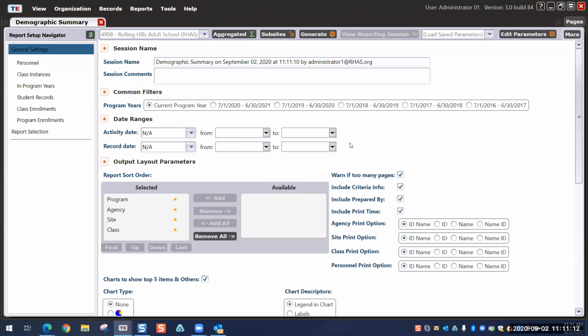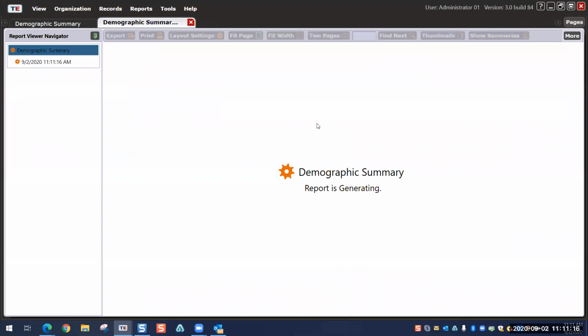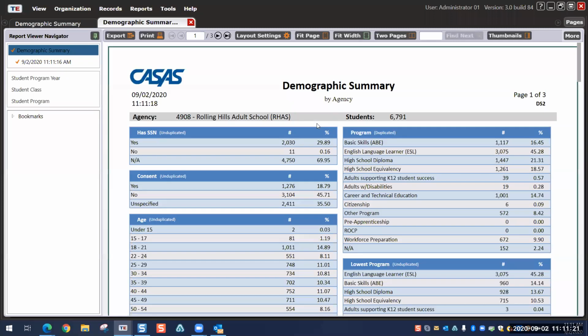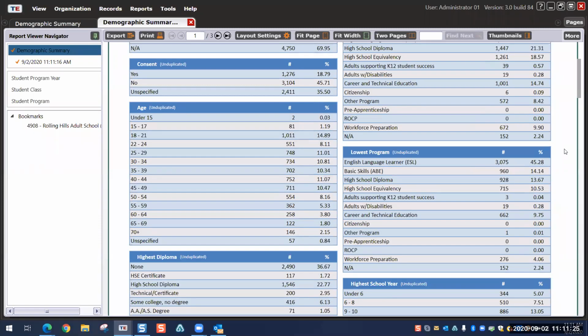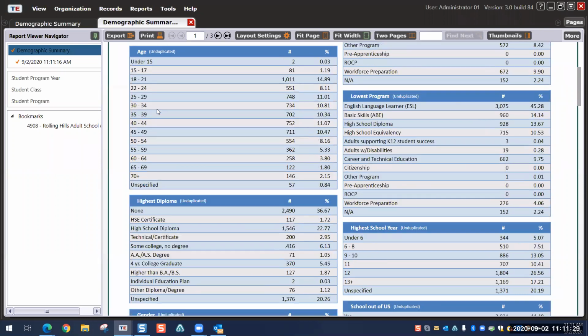All right, I'm going to generate. I'm not making any changes on my screen. As you notice, I'm just clicking on the generate button. So here are all my percentages and numbers based on demographics. If I need information about the age of my students,